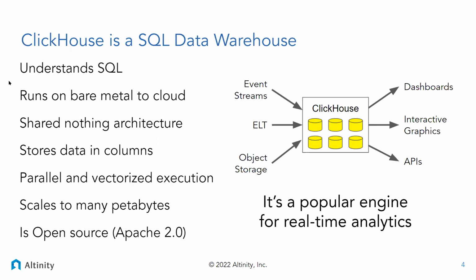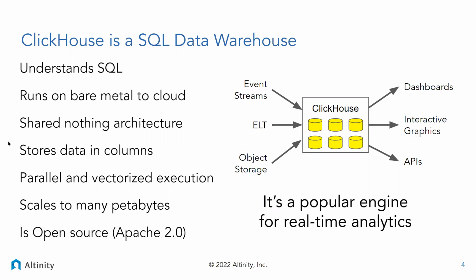ClickHouse characteristics: it understands SQL. So like most data warehouses these days, it's very portable. It runs on everything from bare metal to the cloud. It runs great in Kubernetes. It has what's called a shared nothing architecture, which is a traditional data warehouse architecture that's been present for many years, but basically ClickHouse for the most part operates as a process with attached storage, and then those processes are connected over a network. So if you're putting them together in a cluster, all they need is a network connection between them.